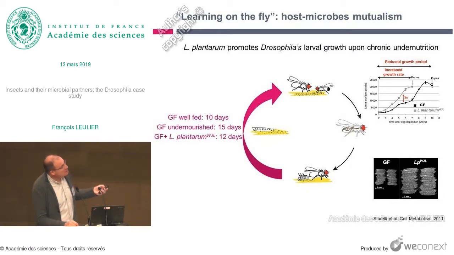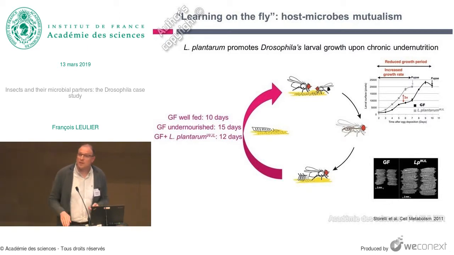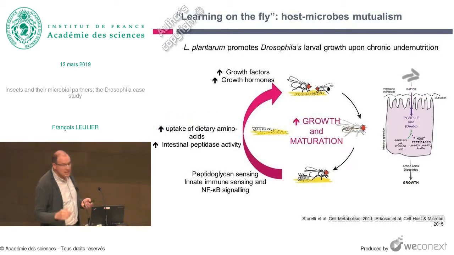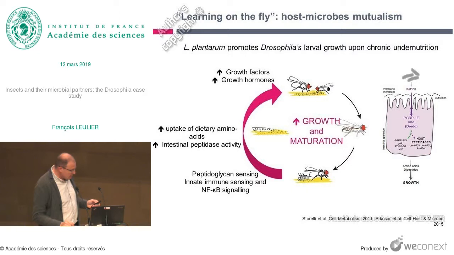And that is not only reduced developmental timing, but you also see that the growth rate of the animal is boosted very early during larval development. So here you see the size of the larvae over time, and animals which are associated with some strains of this Lactobacillus plantarum species do grow faster than their siblings which didn't face the bacteria. So in this context, we've been dissecting the molecular mechanisms underlying that phenotype, and we published that over the last few years, and I will sum that up in this slide.